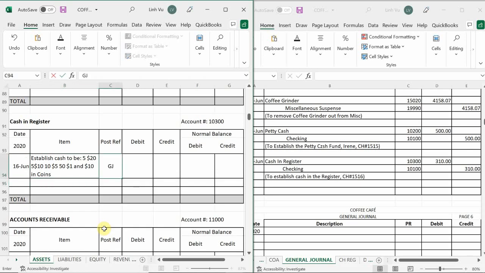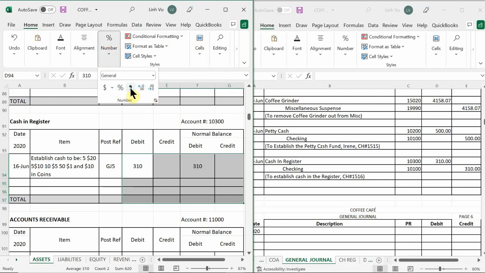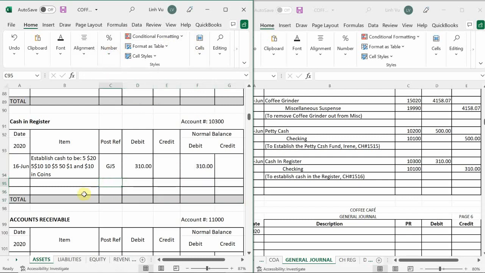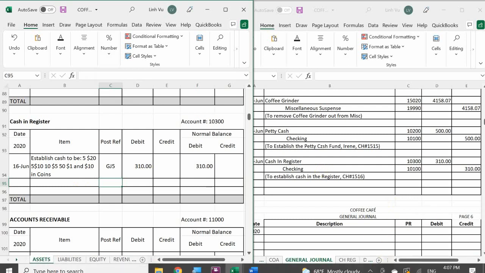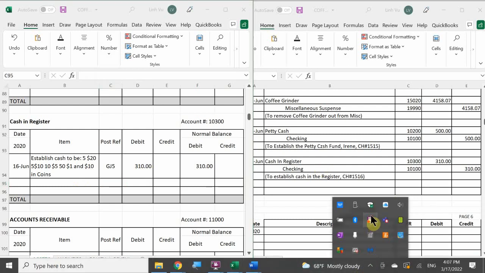Post reference: last transaction on page 5 of my journal. And my account balance in my cash register must hold $310 at all times. Good. And once again, nobody was involved in this. No vendor, no customer, no employee. In fact, we had the owner do this. So in this case, no need for the subsidiary ledger. Okay? Any questions in regards to